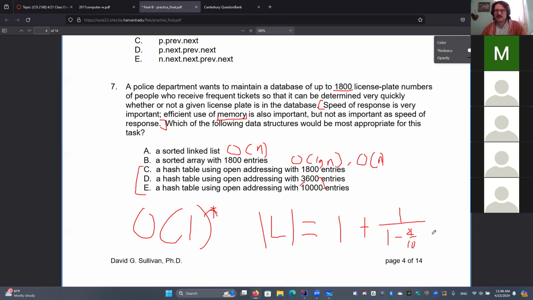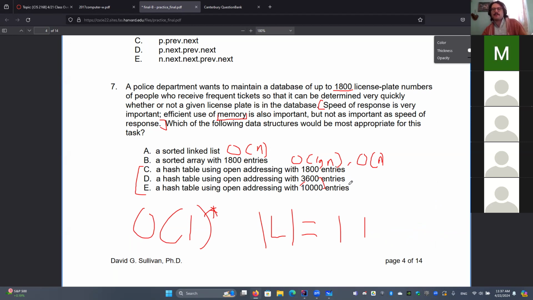That means this is going to be 8 over 10, which means that since there's a 1 over it, it becomes 1 plus 10 over 8, which is less than 3. It's about 2. Still a constant factor. There's no real difference between doing 2 lookups and 3 lookups, when we get down to it. But we waste a boatload more memory doing E. So the answer is we want to use